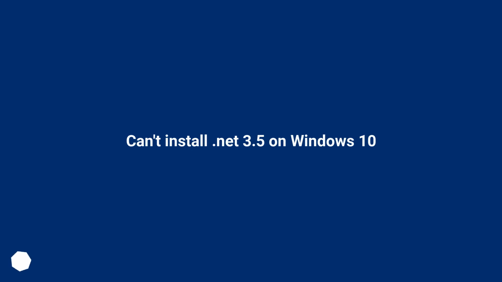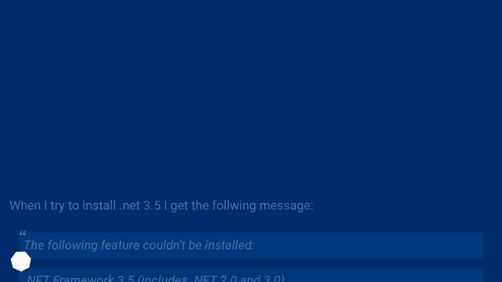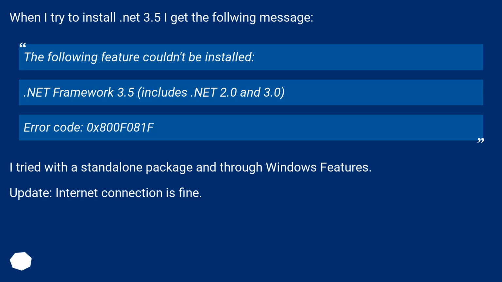I can't install .NET 3.5 on Windows 10. When I try to install .NET 3.5, I get the following message: the following feature couldn't be installed. .NET Framework 3.5 includes .NET 2.0 and